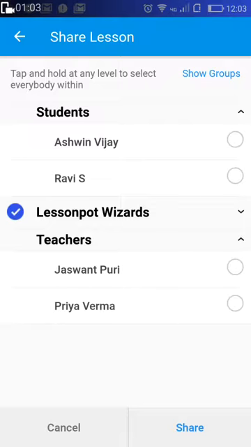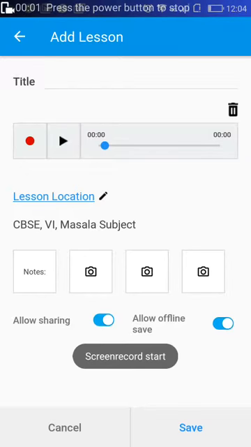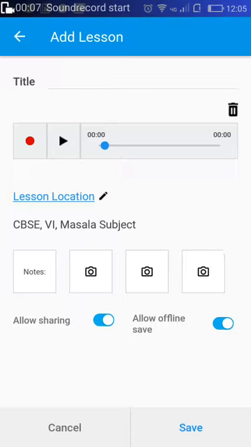Students who are friends can exchange lessons. A bright student can create lessons and share it with his friends. A group of friends can split the syllabus and teach each other. This way, studying can be fun. For details on how to create lessons, how to create doubts as lessons, etc., there are two other help sections on our help page. One is create and post lessons, and the other is study. There are videos on these topics as well. Please have a look at those.